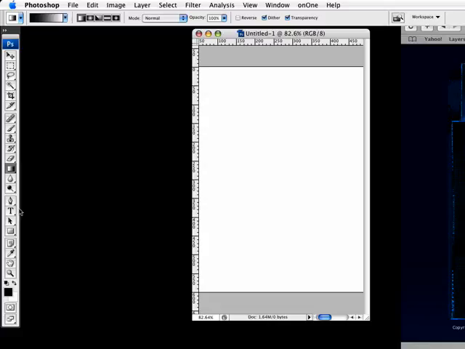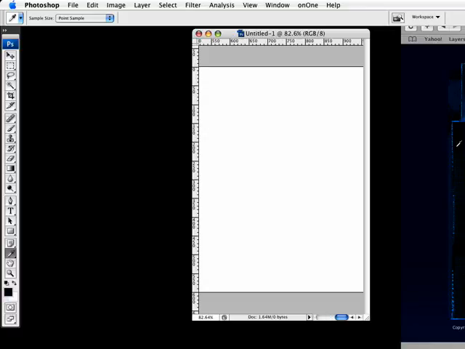Rather than switch it in the gradient, I'm going to hit the letter I to access my eyedropper. Now notice the eyedropper samples out of any area, but the moment that I walk out of the document, it doesn't work. So what I'm going to do from here is click. Notice that over here, it turns it into white because I'm sampling white. But notice if I just click it and hold it down, now if I move over here, it's sampling blue, it's sampling the apple, it's sampling this. And if I move out of the program altogether,